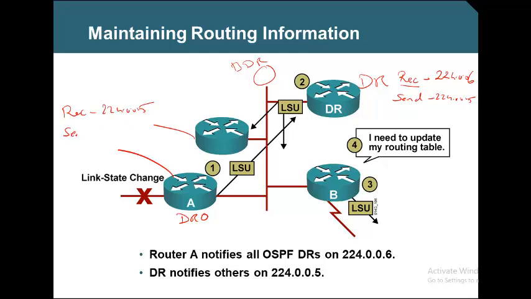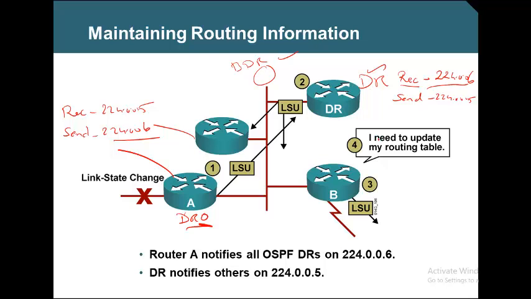Only DRs. No one else can receive it because only DRs listen to that address. And now when DR wants to forward it to others, it will use this address to send, and all others are listening to that address. This is how, without confusion,